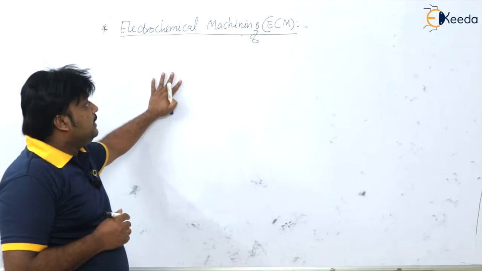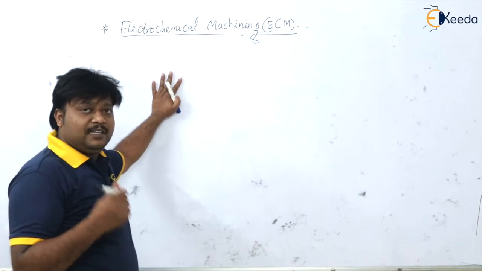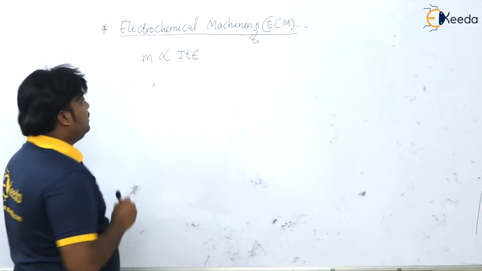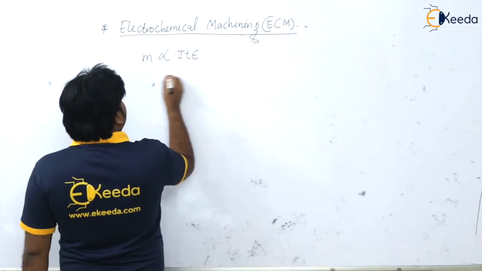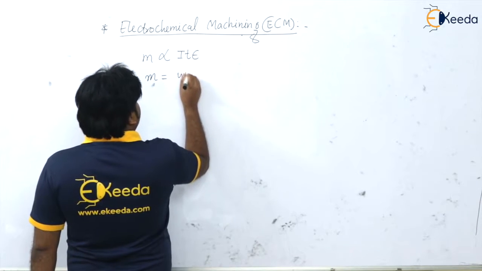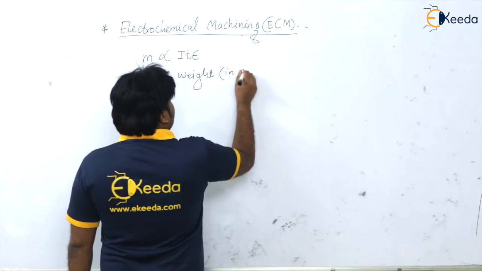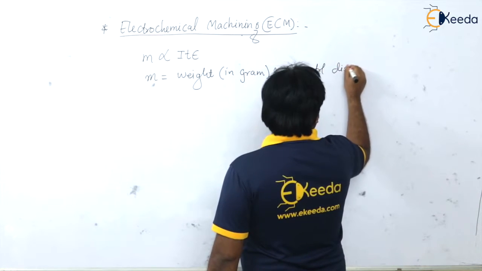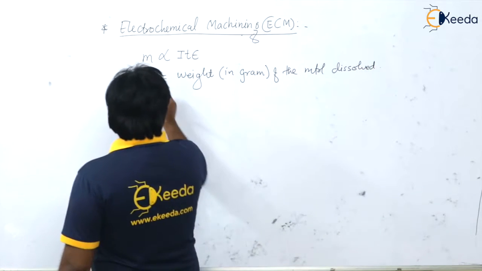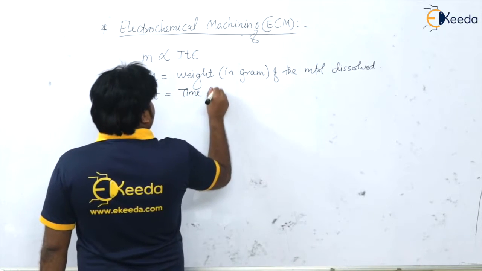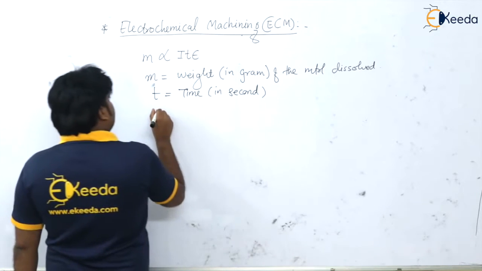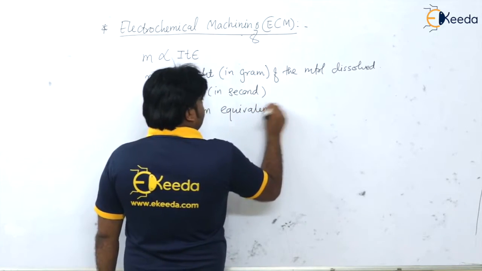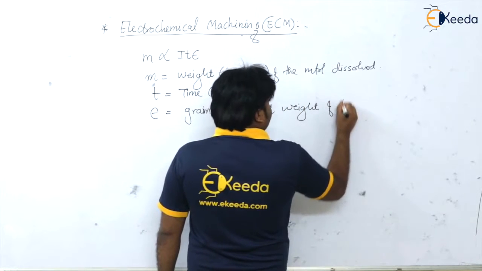So we know that in the quantitative form we can write Faraday's law as mass is proportional to I T epsilon, isn't it? Now see here, where mass is what? The weight of the material, which is in grams, of the material dissolved or displaced from the anode, that we know. T is a time which is in seconds, and epsilon is the gram equivalent weight of the material,